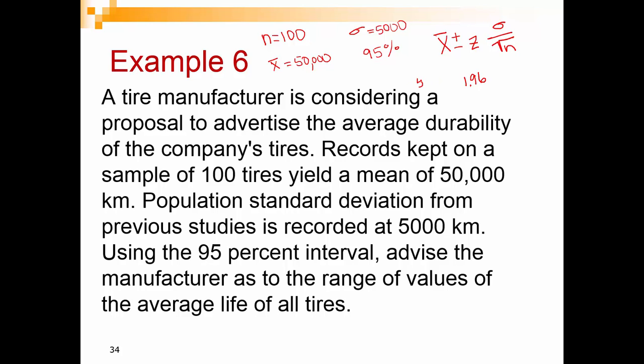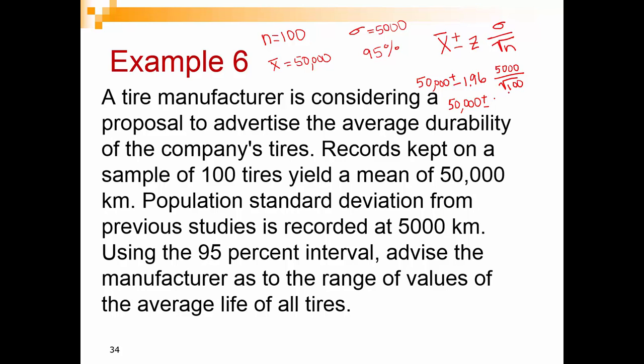Our x bar was 50,000. We're going to plus and minus 1.96 times the standard error, which is 5,000 divided by the square root of 100. So what that comes to is 50,000 plus and minus